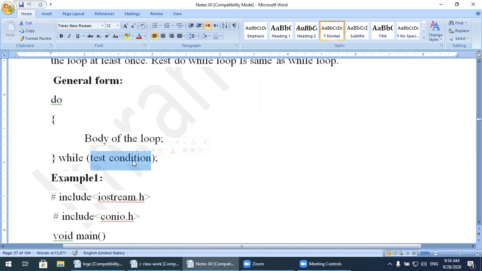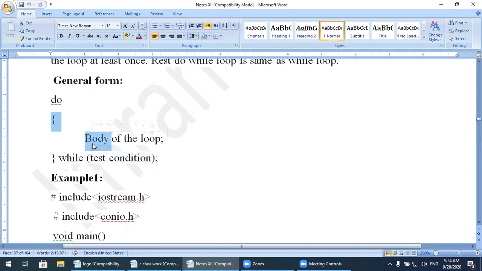Now check it. What is the difference between the while and do while? In while, the condition is tested before the body of the loop. In do while, the condition is tested after the body of the loop. The difference is here. If the condition becomes false in a while loop, then it will not execute the block of the body.